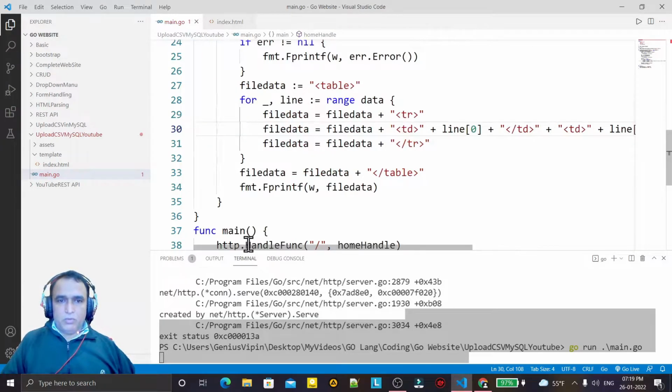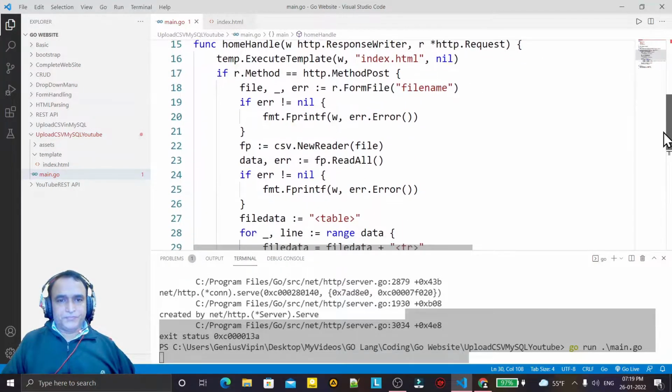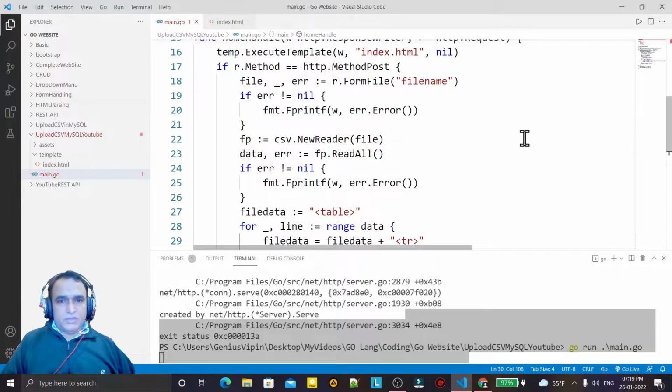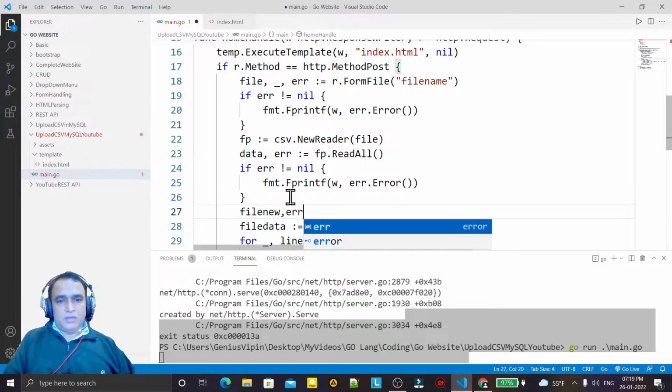Now I have to upload a file to the assets directory. In this directory I want to upload. So for that what I do, I just open a file. So reading is done here, so here I open a file, so I say fp, create fp, new file, new, okay, and error equal to